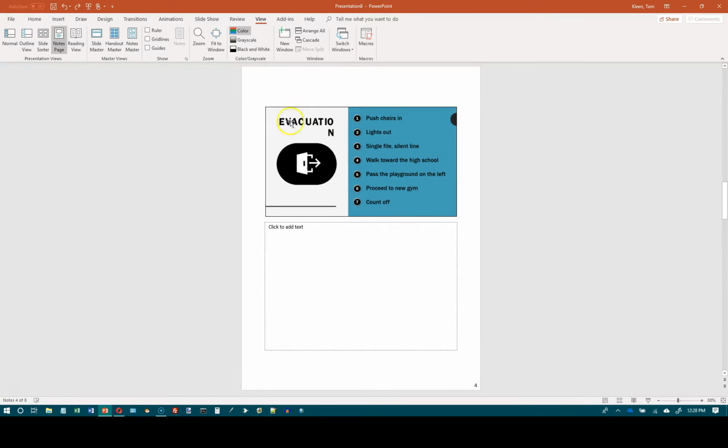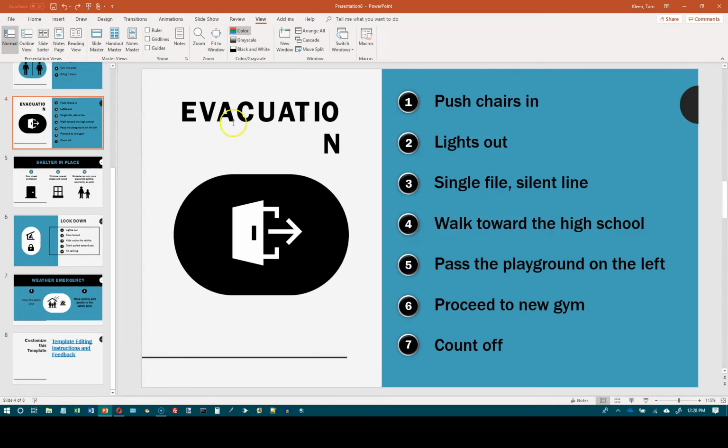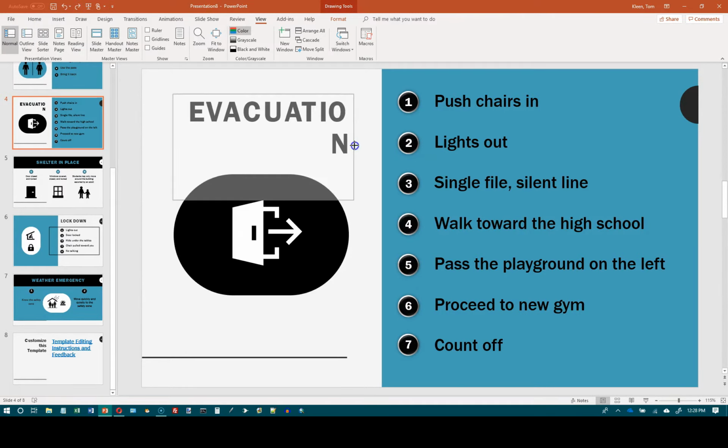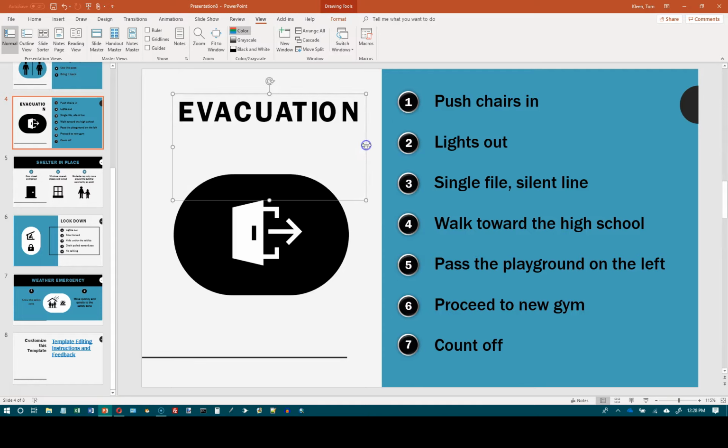and it'll take you back into the previous view, which was our notes pages view, and the place I want to stay here is in the normal view. That's where you're probably going to do most of your work. Looks like we got a little error here in the template. I'm just going to widen this text box a little bit until the word evacuation appears all on one line. Okay,